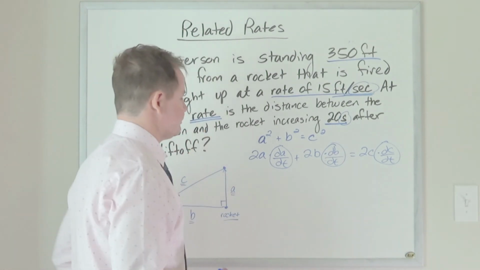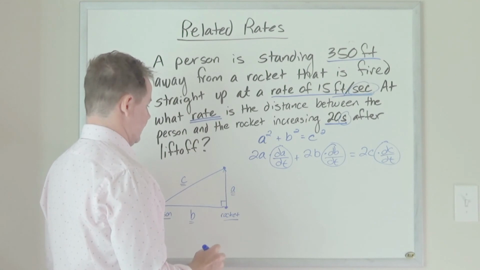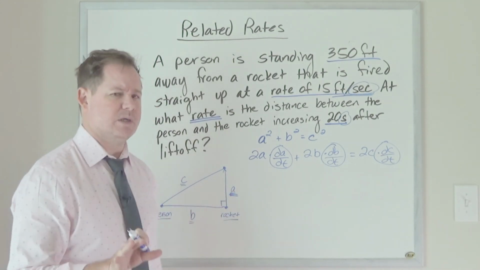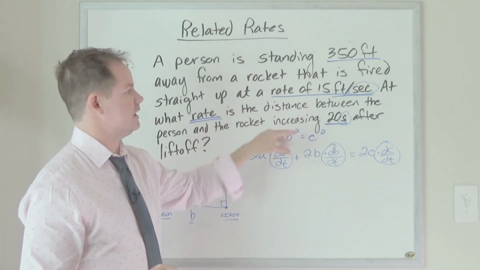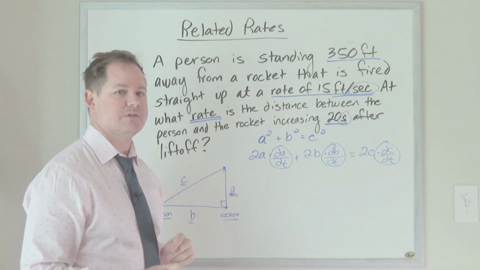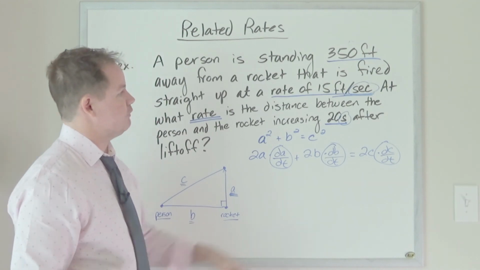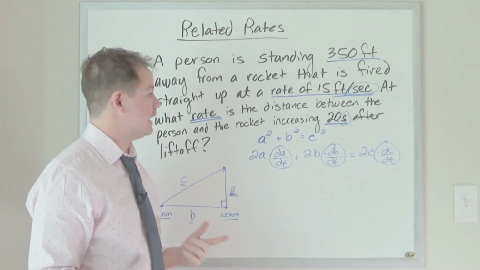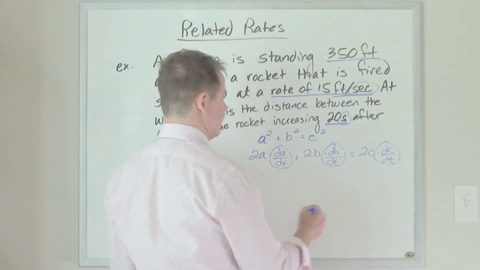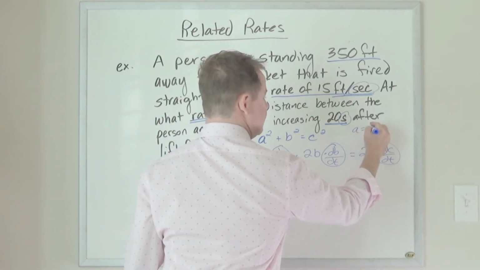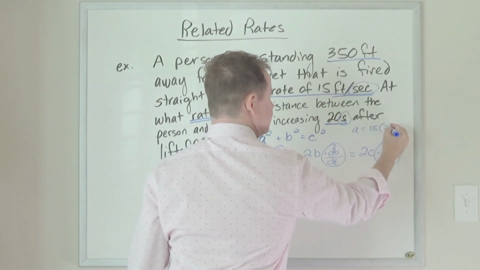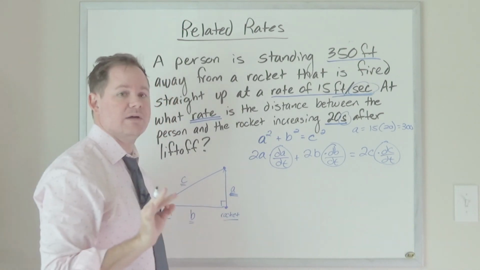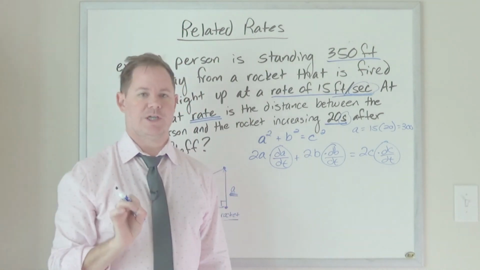So first, if we take a look for A, this height, do we know this height? Well, maybe. They don't give it to us directly in the question, but they give us enough information to tell. If we're moving at 15 feet per second, how far have we gone after 20 seconds? So to figure out A, a little side calculation here, A is going to equal 15 times 20 to give us 300. So we do have a value for A, and that's the tricky part about related rates questions, is